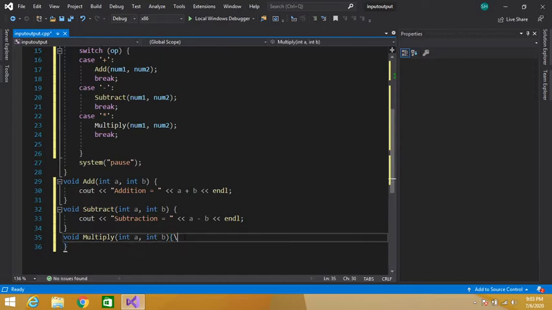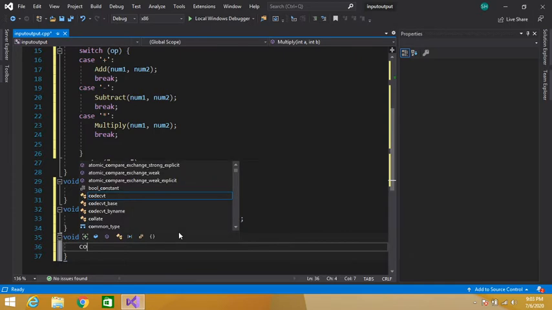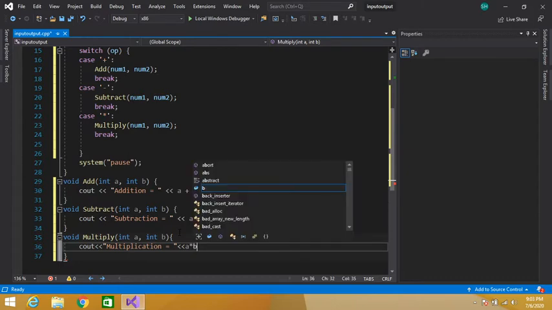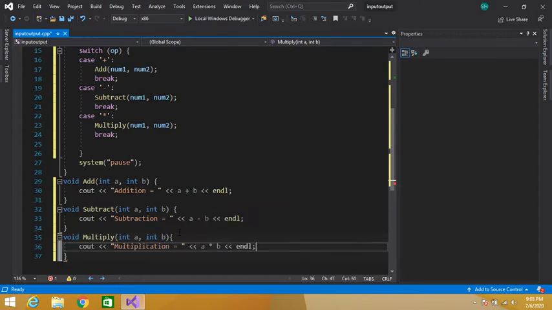So here we will multiply the two. So multiplication is equal to, insertion operator, then a multiplied by b, again insertion operator, and end of line.